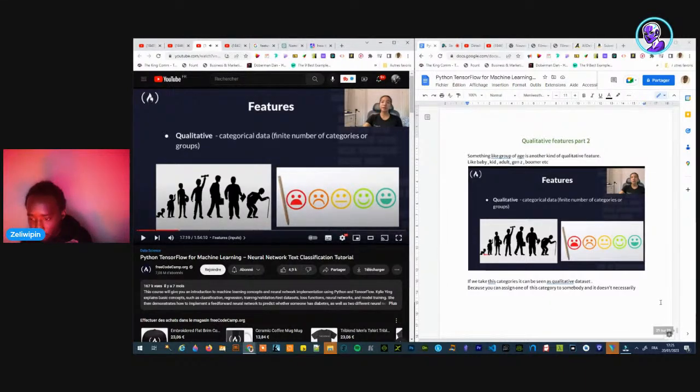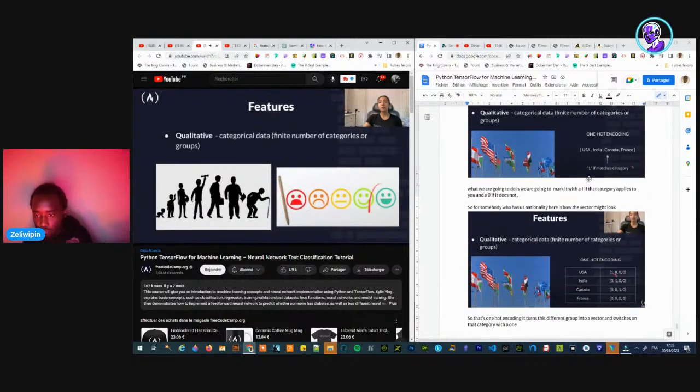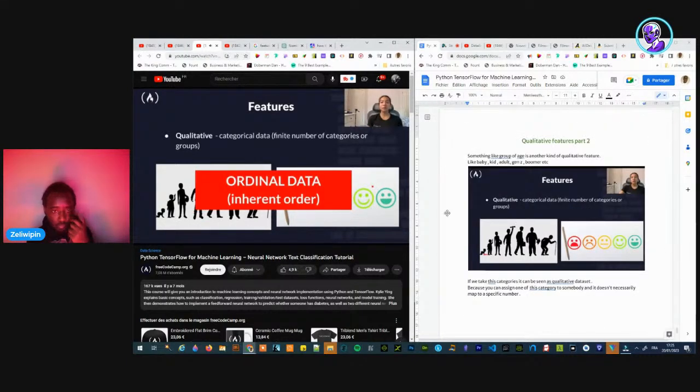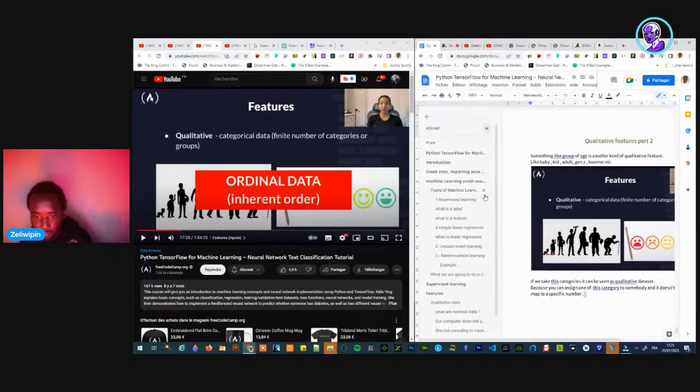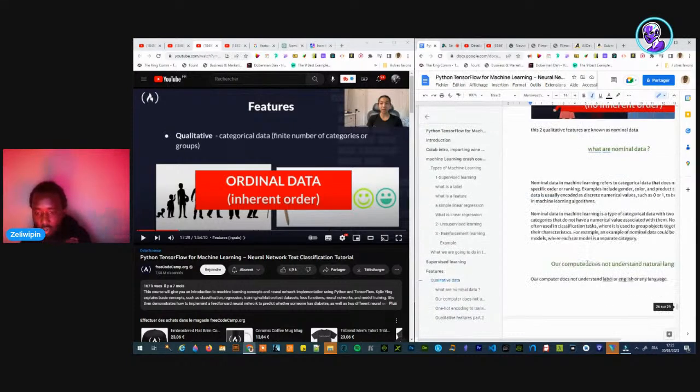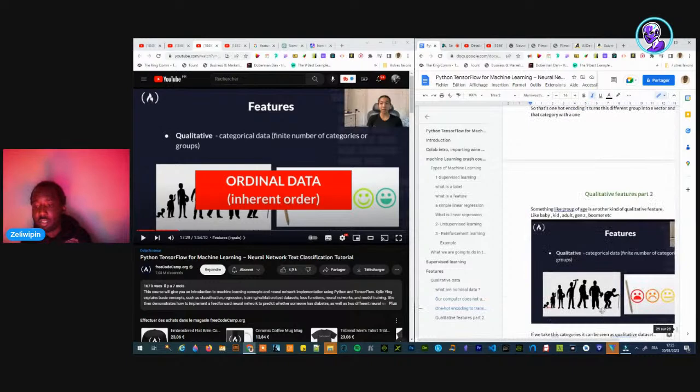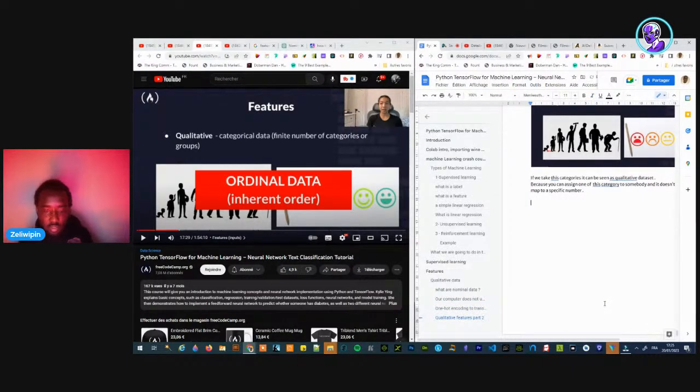map to a specific number. Okay, original data. Okay, so there is qualitative data and there is ordinal data.